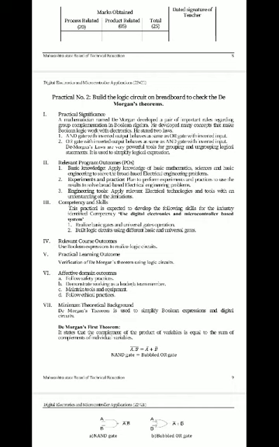He stated two laws. An AND gate with inverted output behaves the same as an OR gate with inverted input. An OR gate with inverted output behaves the same as an AND gate with inverted input. De Morgan's laws are very powerful tools for grouping and ungrouping logical statements. It is used to simplify the logic expression.